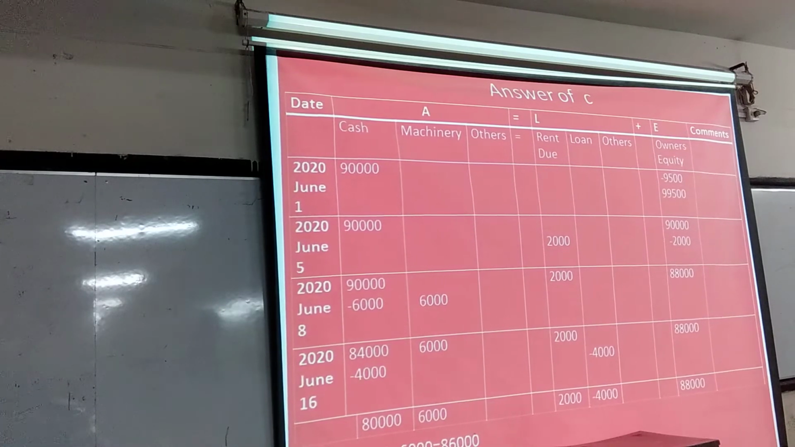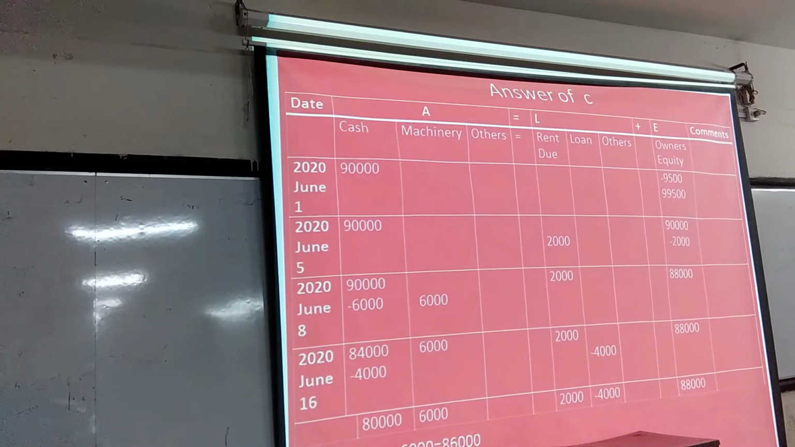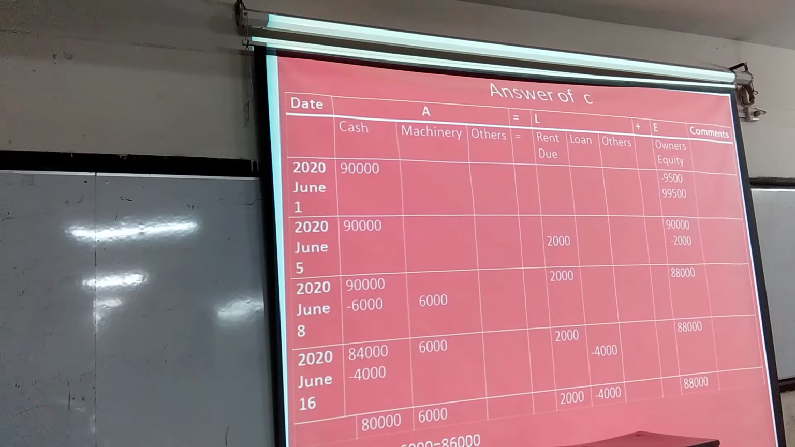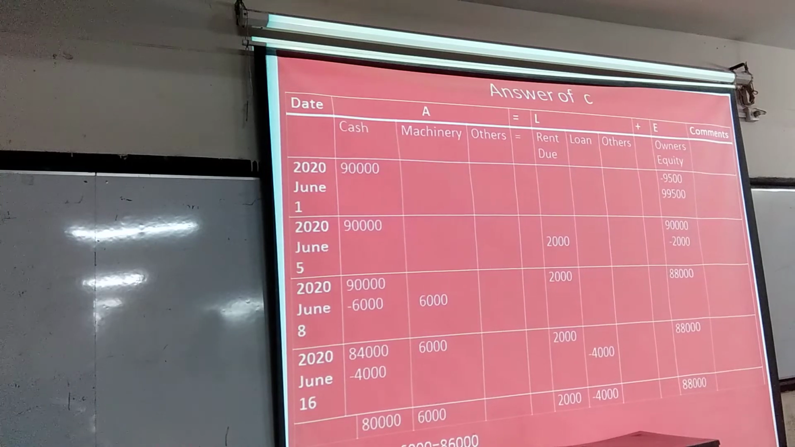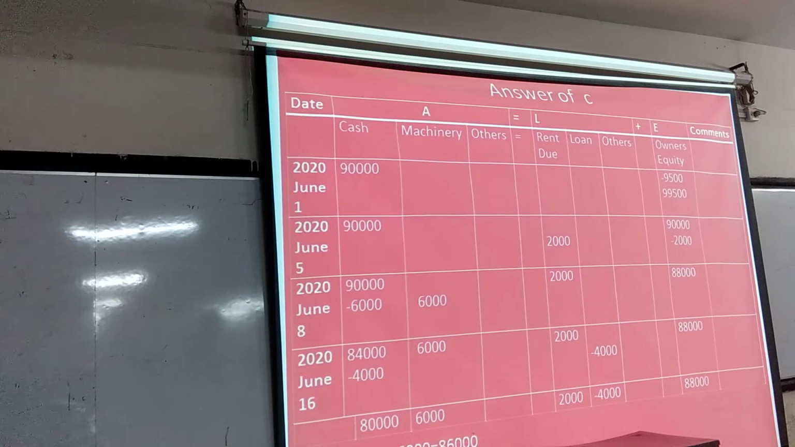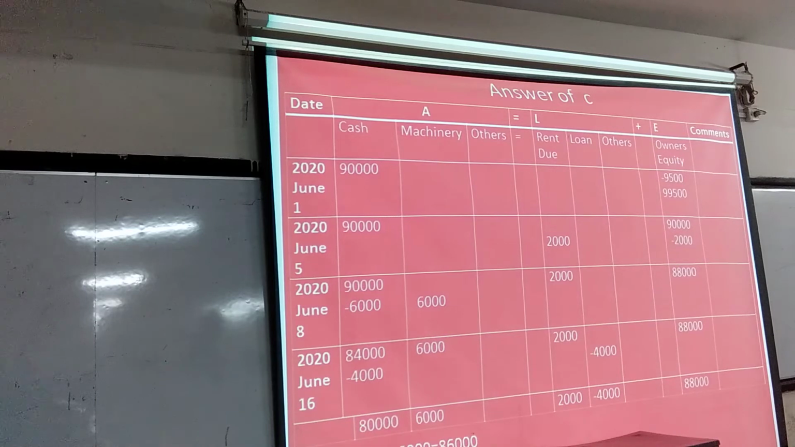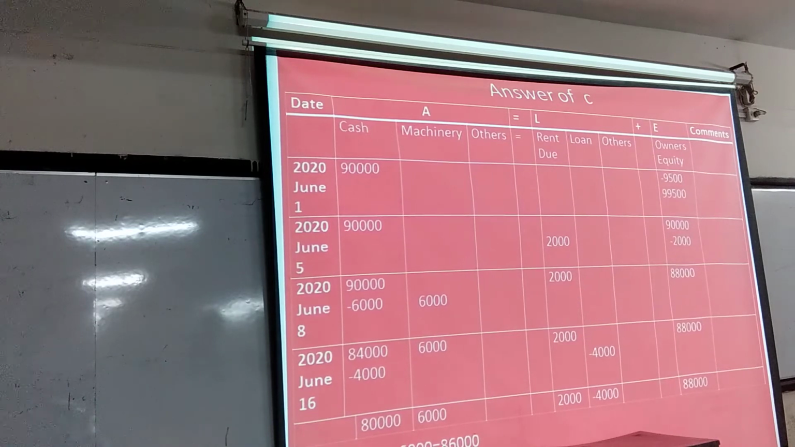Last transaction is of 16th. Taka 4,000 paid for loan, cash will be decreased. Okay. As a result, in cash column you will deduct 4,000 and in loan column you will deduct 4,000. So, cash balance is 80,000, machinery 6,000,